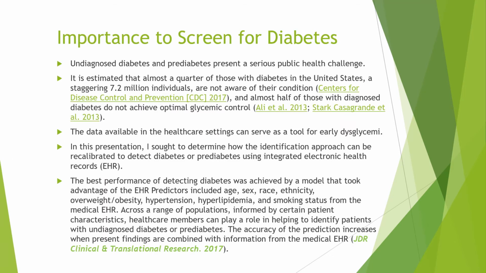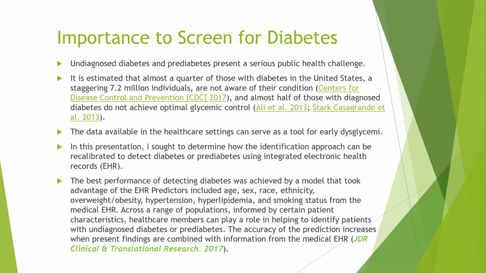Undiagnosed diabetes and prediabetes present a serious public health challenge. Prediabetes is much more prevalent than frank diabetes, affecting 84 million people in the United States. It has been described as a silent precursor. It puts people at high risk for type 2 diabetes and for vascular disease, and according to the CDC estimates,